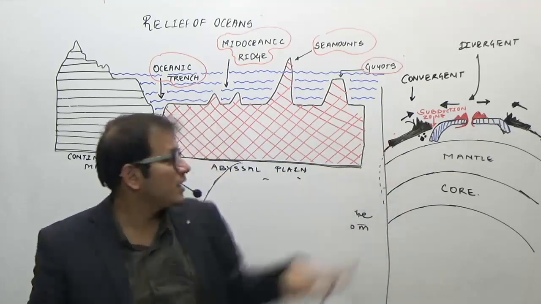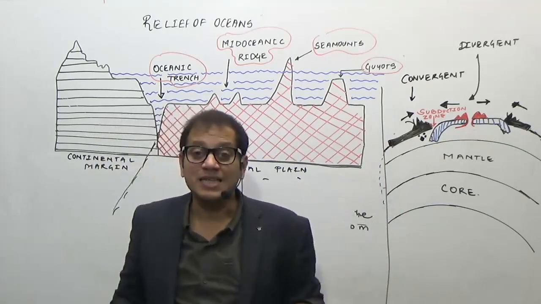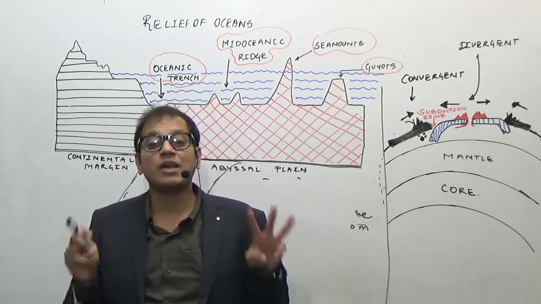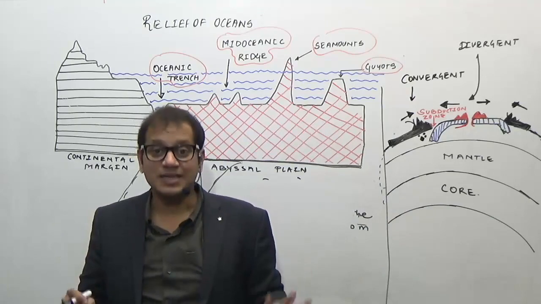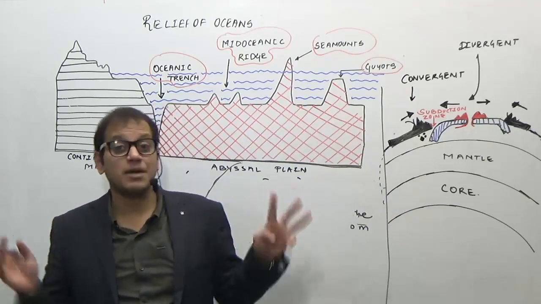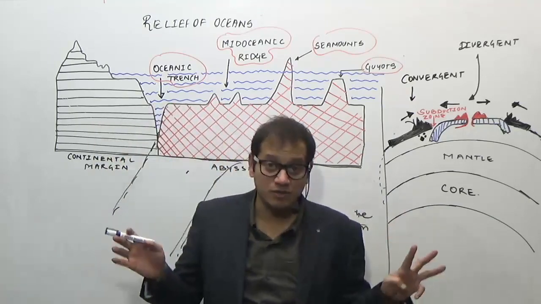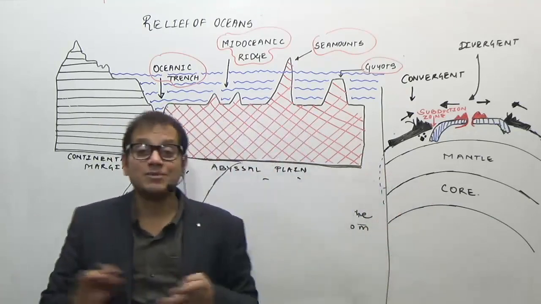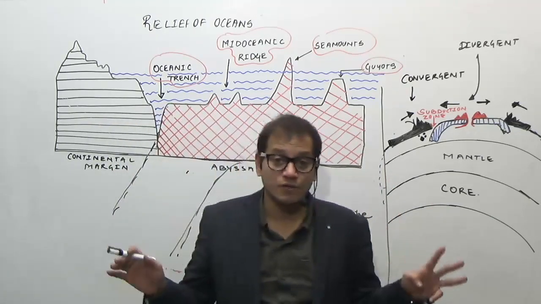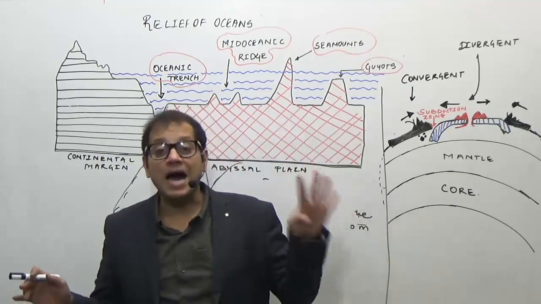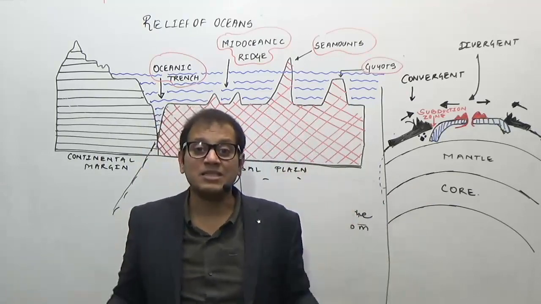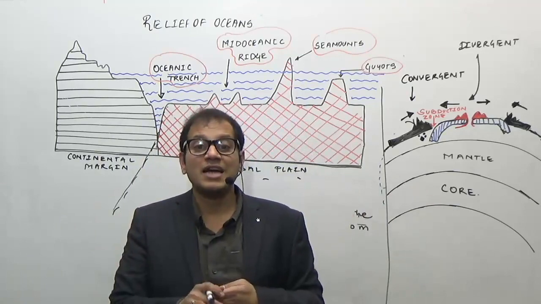Third, if there are volcanic mountains, that means we can say these are parallel to the volcanic mountains of the world. That is, these are parallel to the fold mountains of the world. Here, these are always parallel to the fold mountains of the world. Or else island arcs. Island arcs means isolated mountains, such as isolated islands.